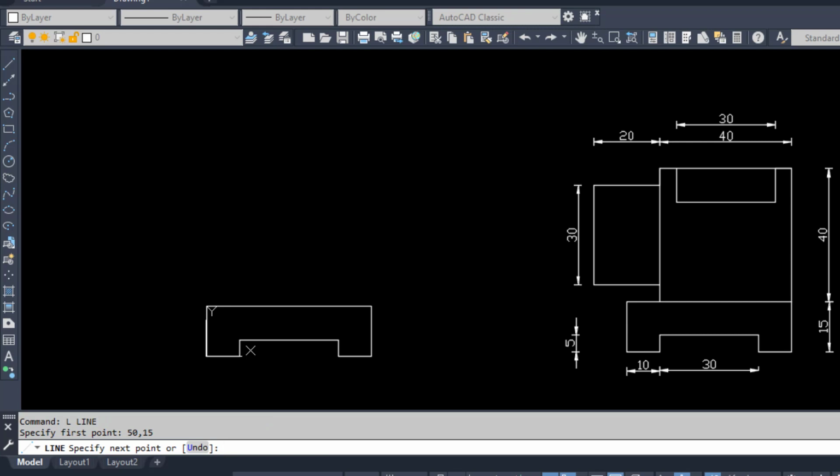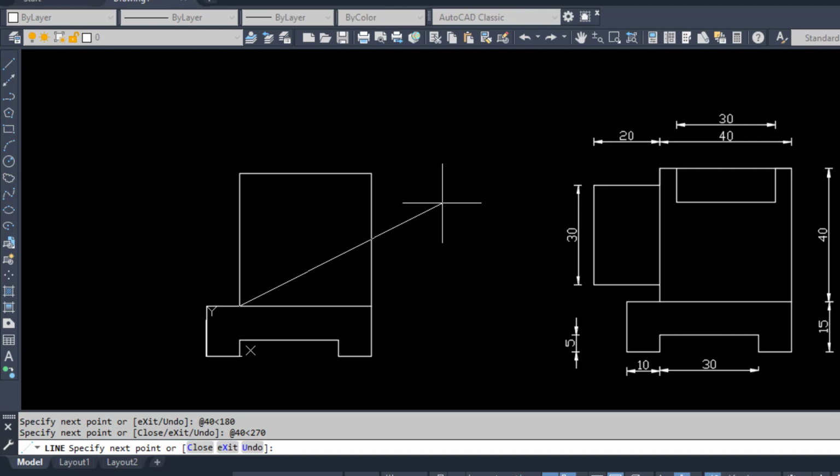Or what you can do, you can type L again in the command line, press enter, or you can go to the cursor and do a left click over there directly. Now again you can work with that method, that is the angular method, shift at the rate. Now in this case the distance is 40 less than 90 degrees, as we are going in the top direction. Again shift at the rate, the distance will be 40 less than 180 degrees, negative X direction. Shift at the rate 40 less than 270 degrees.